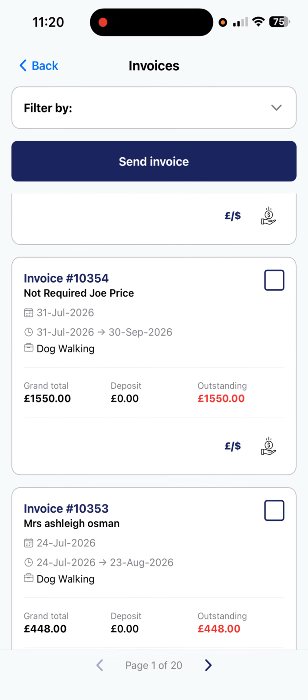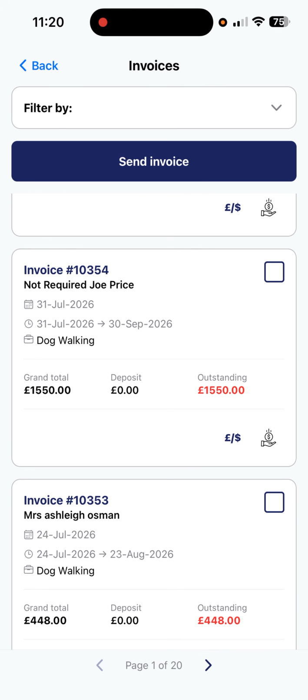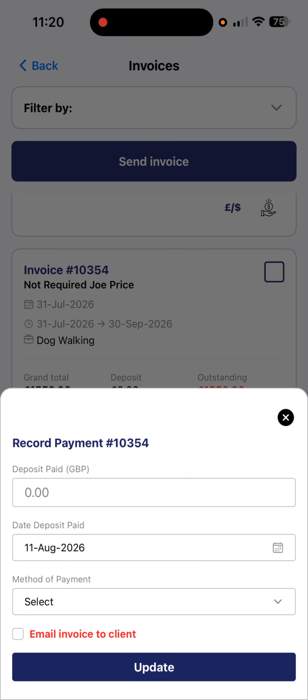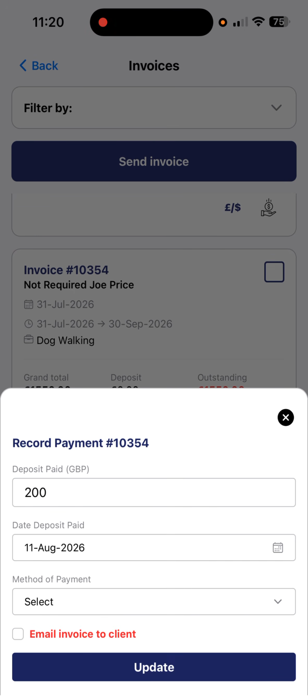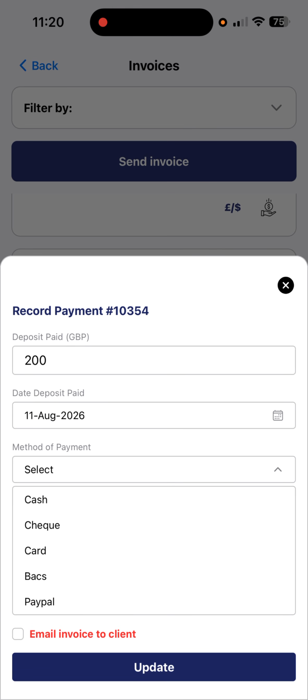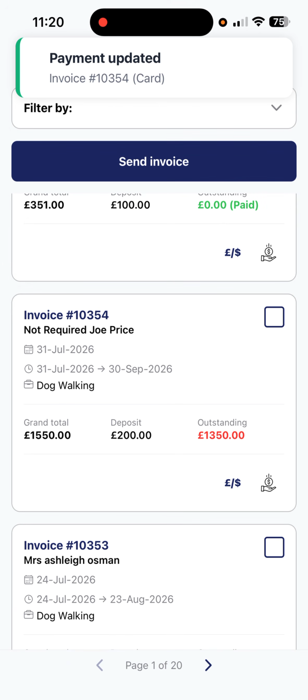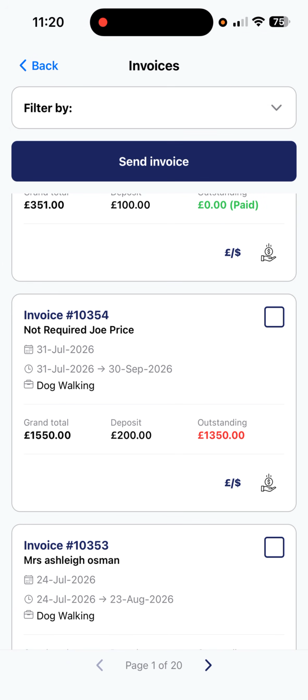So if we go to the second invoice here, outstanding 1,550, but we want to add a deposit. At the bottom of that invoice there, you've got the pound sign. If you touch that, and we'll put in £200. Today's date, method of payment, card, update. So now you've got deposit paid £200, and it tells you that the grand total was 1,550, and now it's